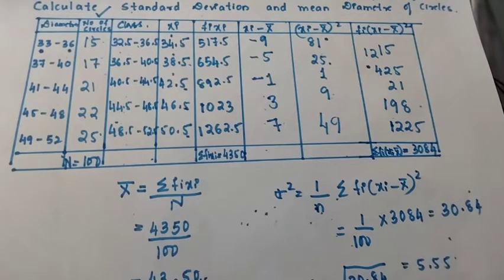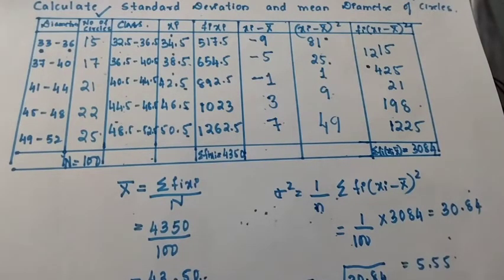Either of the two formulas, you can utilize any one formula to solve it. If the shortcut method is not specifically asked for, use any one method to solve it. Okay, so this completes all the examples on variance and standard deviation. A few theoretical questions are left, which I'll take in the next session. Thank you.